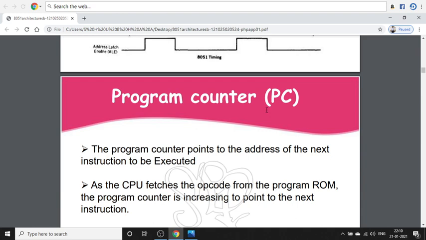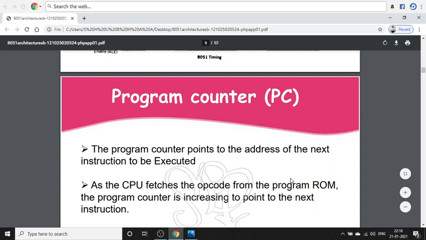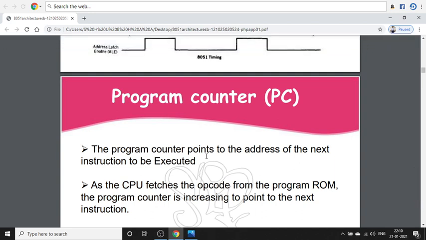In the last class, we explained the program counter, that is PC, and it is going to hold the address of the next instruction which is to be executed while the current execution is being done. So the PC is a program counter, and it is a 16-bit register. It is used to hold the address of the memory location from which the next instruction is to be fetched.